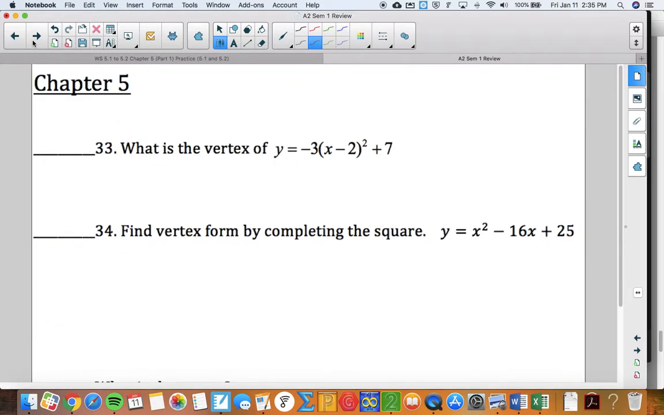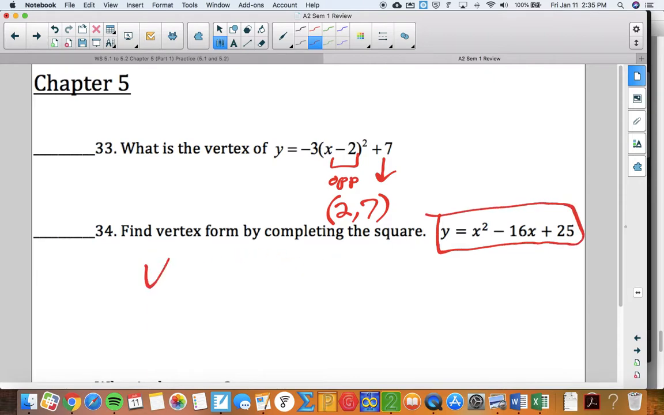Number 33, what is the vertex of this function? Remember, we do the opposite of this, and then whatever this is. So the opposite of that is 2, and then bring the 7 down. Find the vertex by completing the square. You know what, folks, this is in standard form, so that's kind of silly to do. Let's just do the x value of a vertex is the opposite of b over 2a, and then plug in that new x